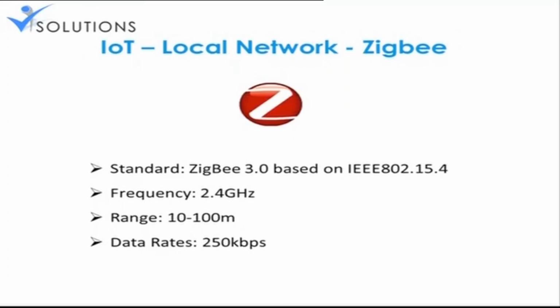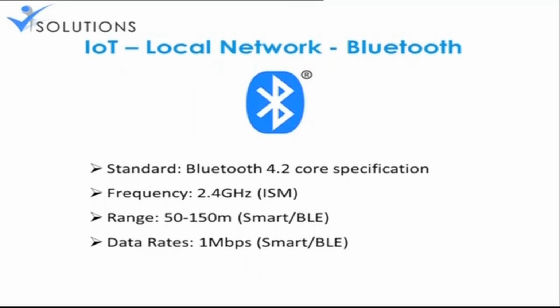Then Zigbee. This is one of the things which we took a little forward. Zigbee is something we will be using on projects. Usually when it comes to projects and communication phases, we were using Zigbee. Zigbee has extra range, pretty better than Bluetooth. It is 50 to 100 meters actually, even though it works in 10 to 100, but the best Zigbee produced can give nearly 100 meters range. But the data rate is only 250 kbps, and the frequency range is exactly the same as your Bluetooth.